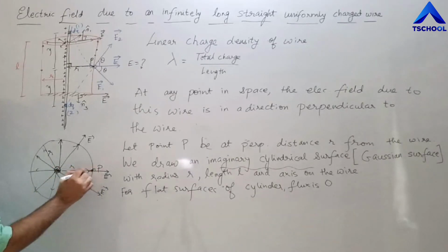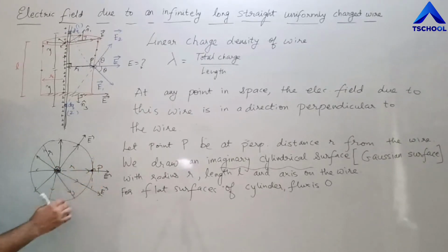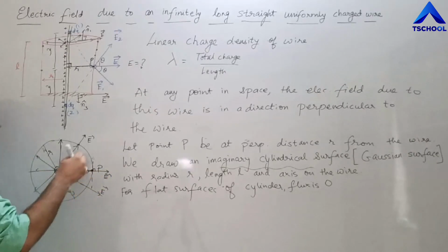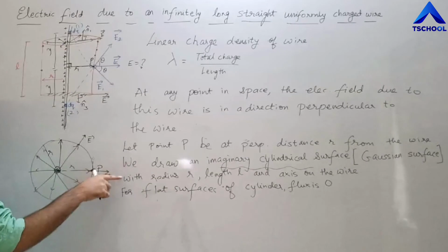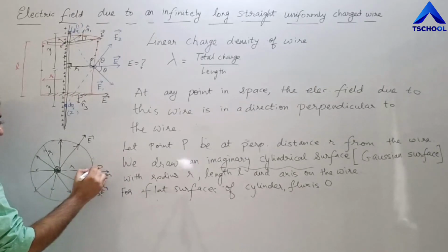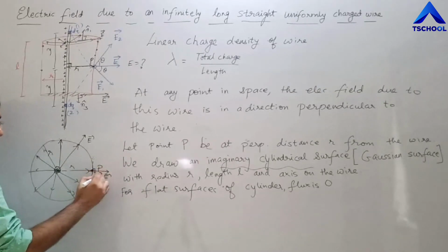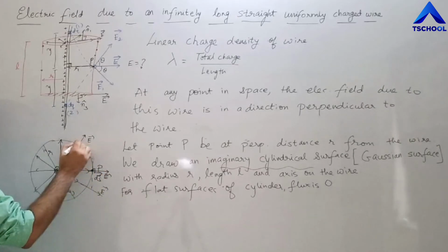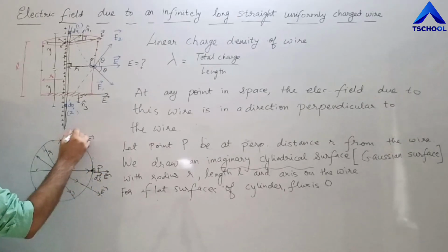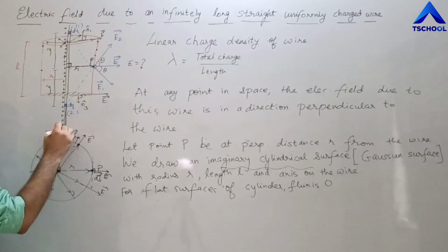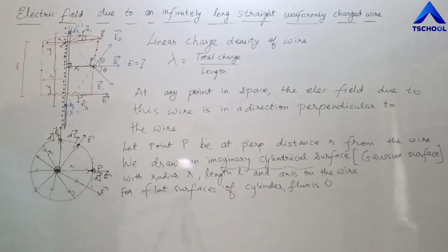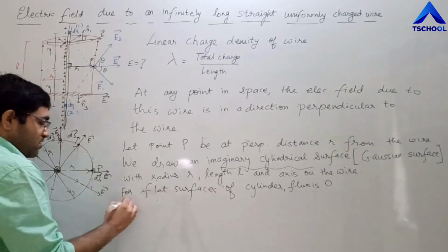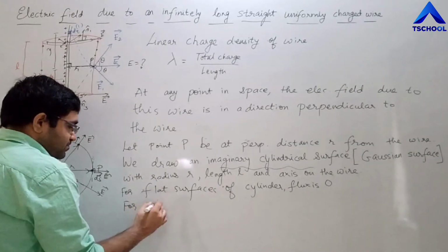So this is just like that sphere or circle, right? The radius and the tangent are perpendicular. That's why the electric field is in the same direction as the small area vector that you draw at every point. I hope that makes sense to you. At any point, if I draw the electric field and the small area vector, they are going to be in the same direction, right? Okay, so for the curved surface,